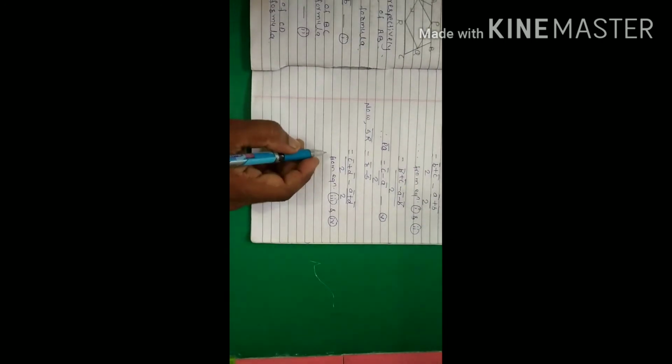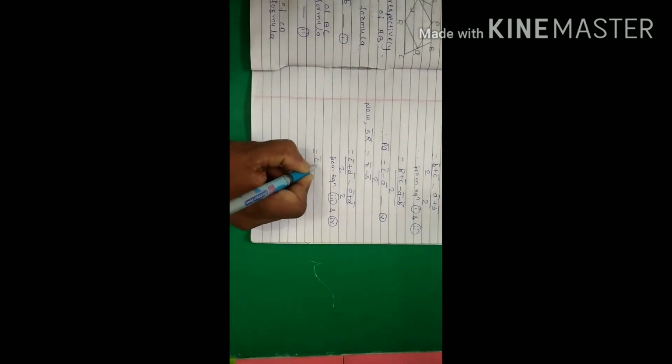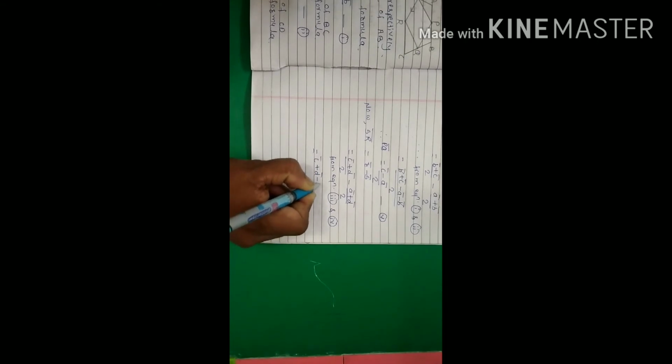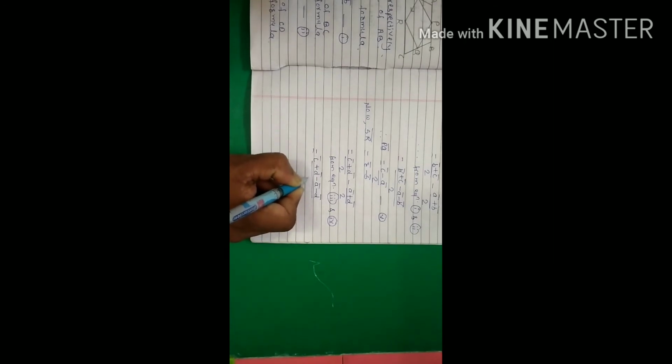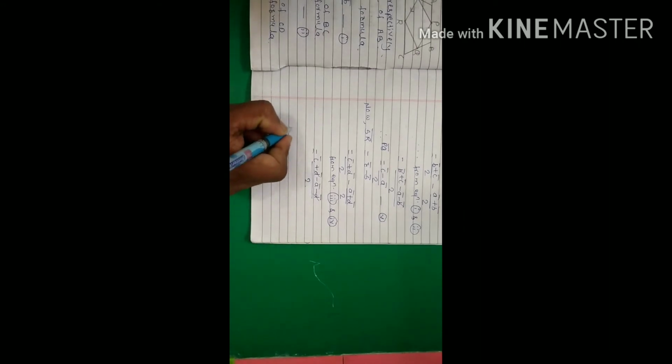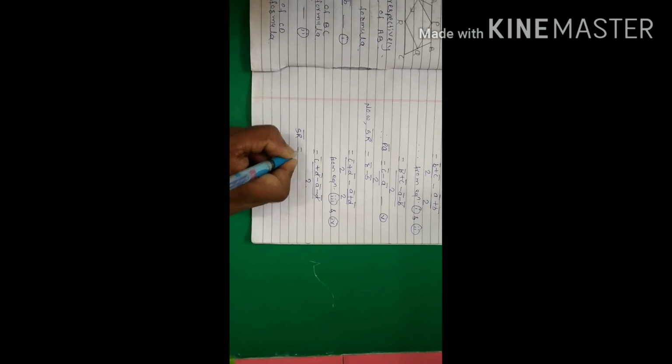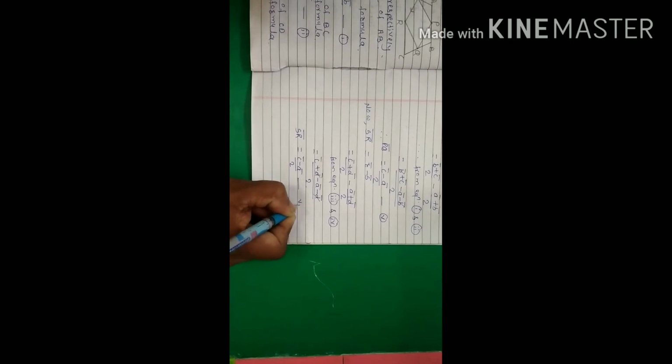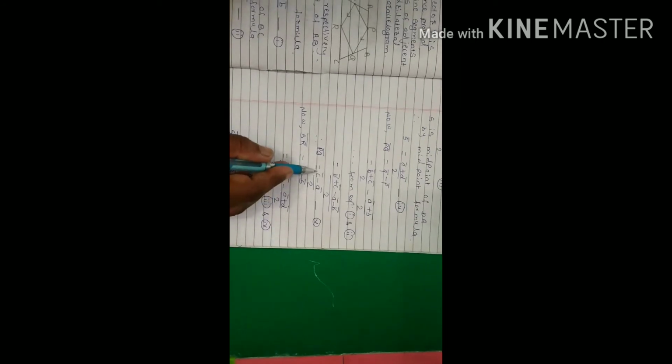Then is equal to C bar plus D bar minus A bar minus D bar divided by 2. Plus D bar minus D bar get cancelled and value of SR bar is equal to remaining term C bar minus A bar divided by 2. We will give equation number 6. From equation 5 and 6 we get the values of PQ bar and SR bar, that is same values, C bar minus A bar divided by 2 and C bar minus A bar divided by 2.